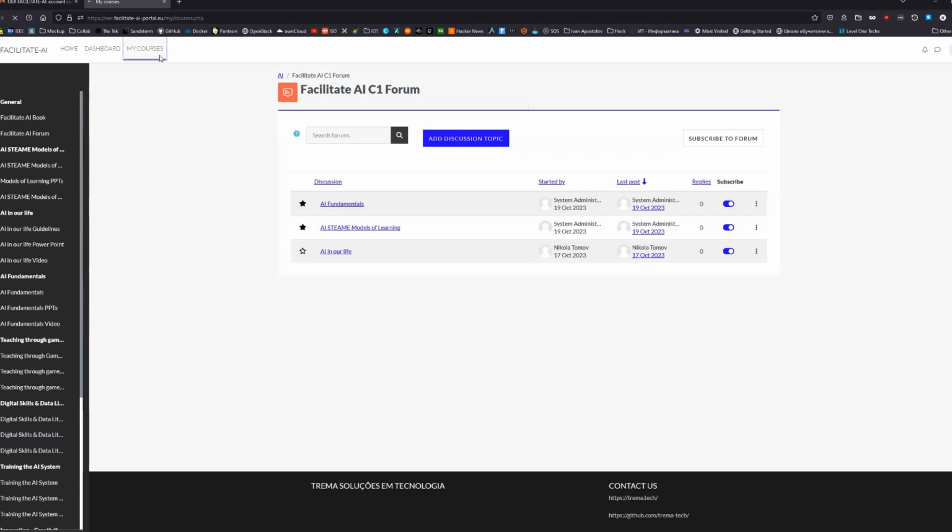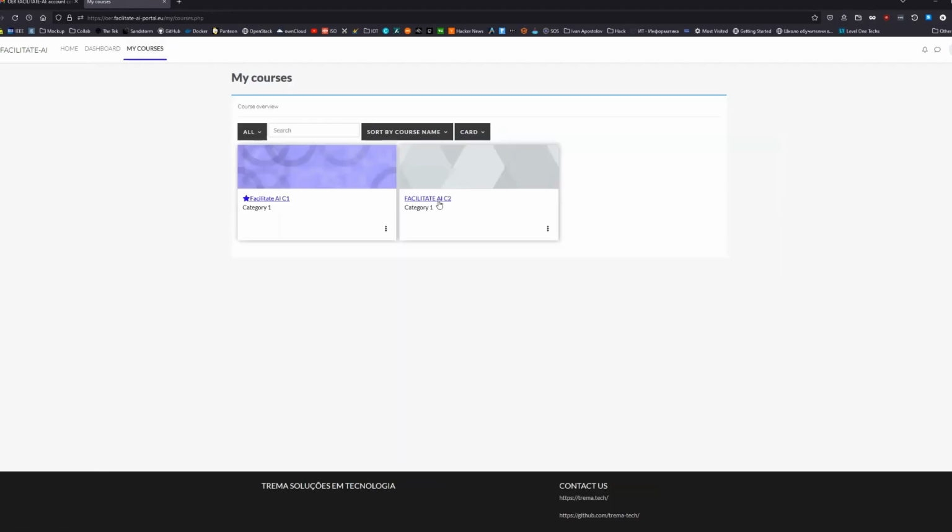When I go to my courses, we can go to the C2. As you see, now I made C1 my favorite. So if I have more courses here, I can get to them more easily. I can see all the courses. I can see the courses that I have some progress in. I can see some future or past courses. I can remove some courses. I can see the favorite one.